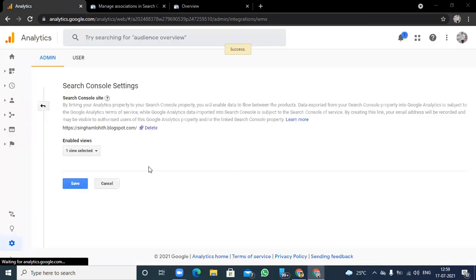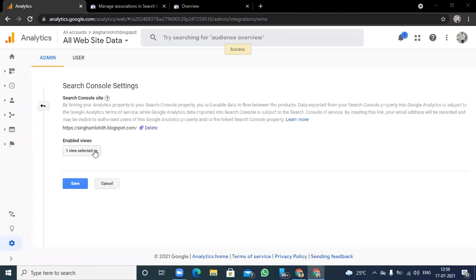Now I'm going to show you here. Okay, now enable news. Let's click on selected all website, whatever I have selected, my blog site. My blog site is here only, so that's why it has been connected successfully. So let's click on the save button.